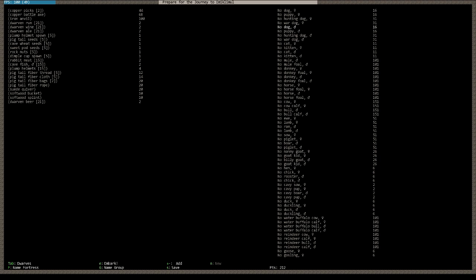So, 2 male dogs, 2 female dogs, 1 male cat, I think we're going to go with rooster, 6 hens,